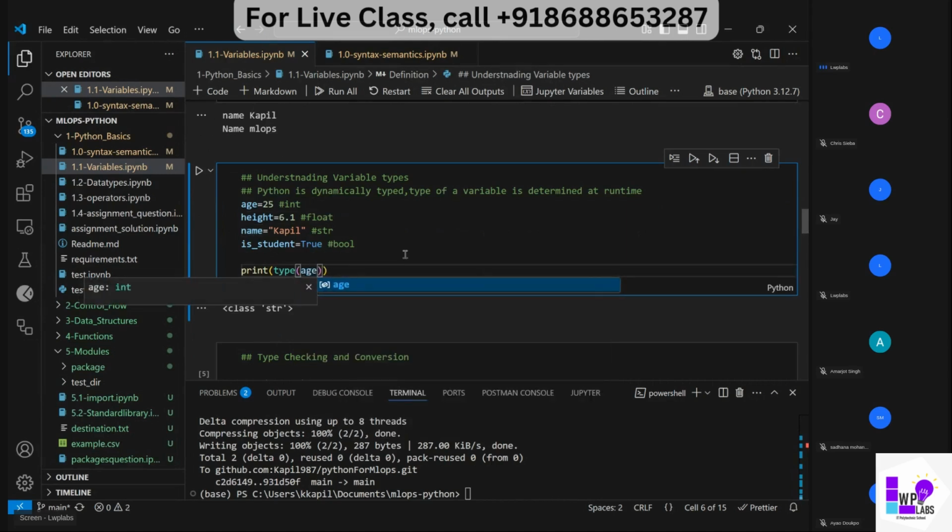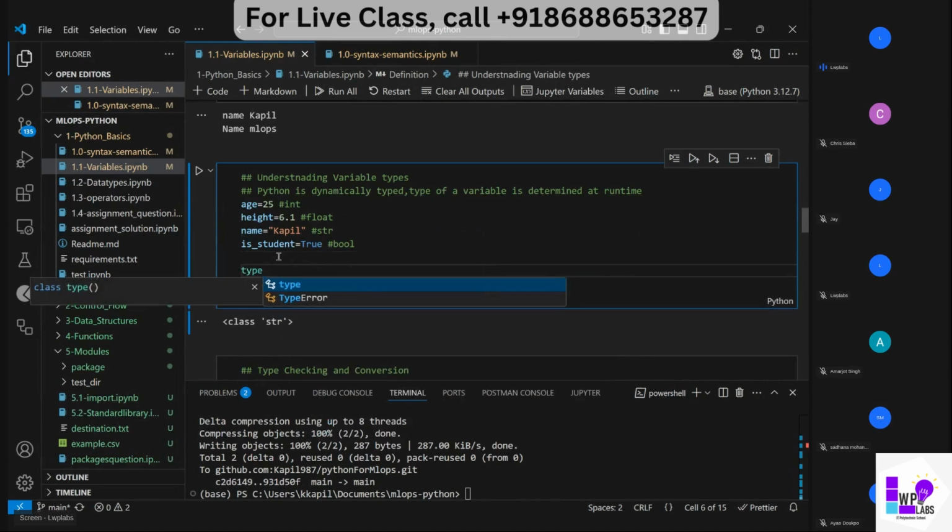So type. Type is an inbuilt function, okay? Inbuilt class, I can say. So it's readily available within Python. What I have to do is just use this type and then put a variable name in it, whichever I need to find out the type of. Right now it's simple. By looking at this, I can say this is an integer, this is a float, this is a string. But there would be situations when you do programming,